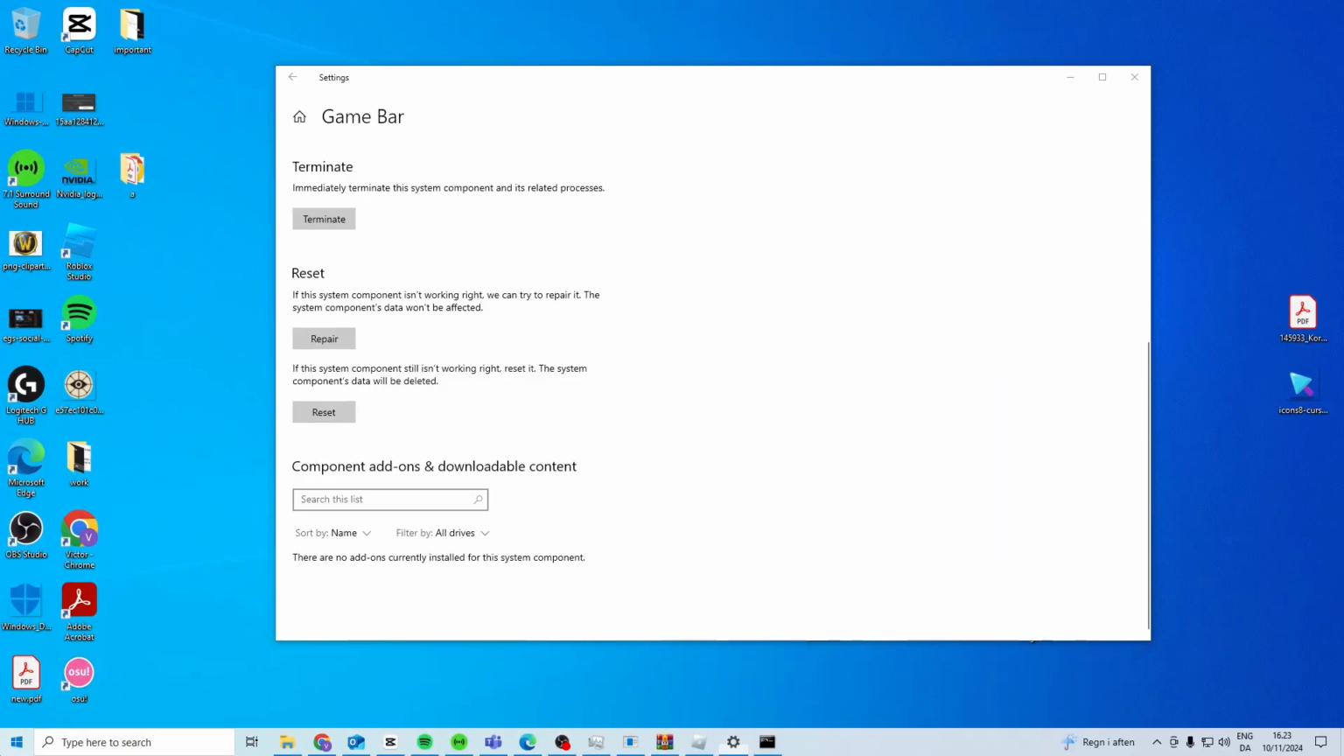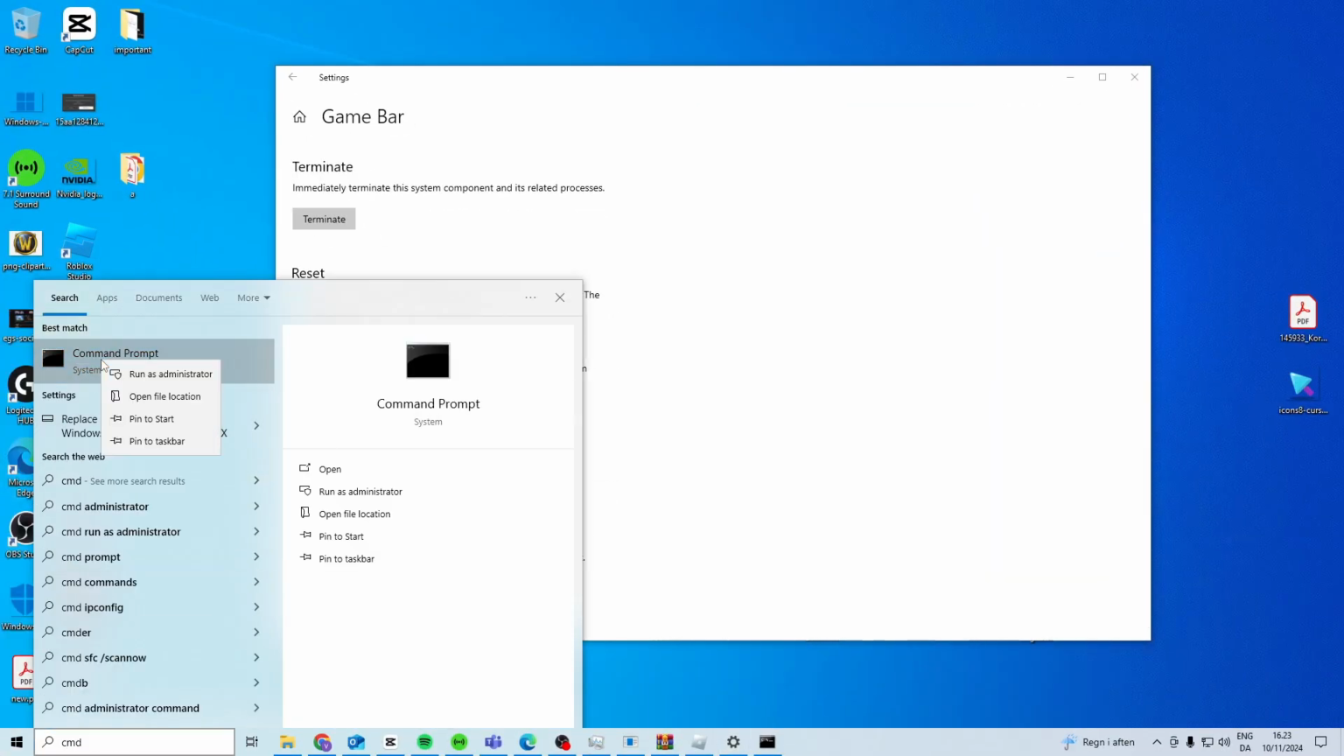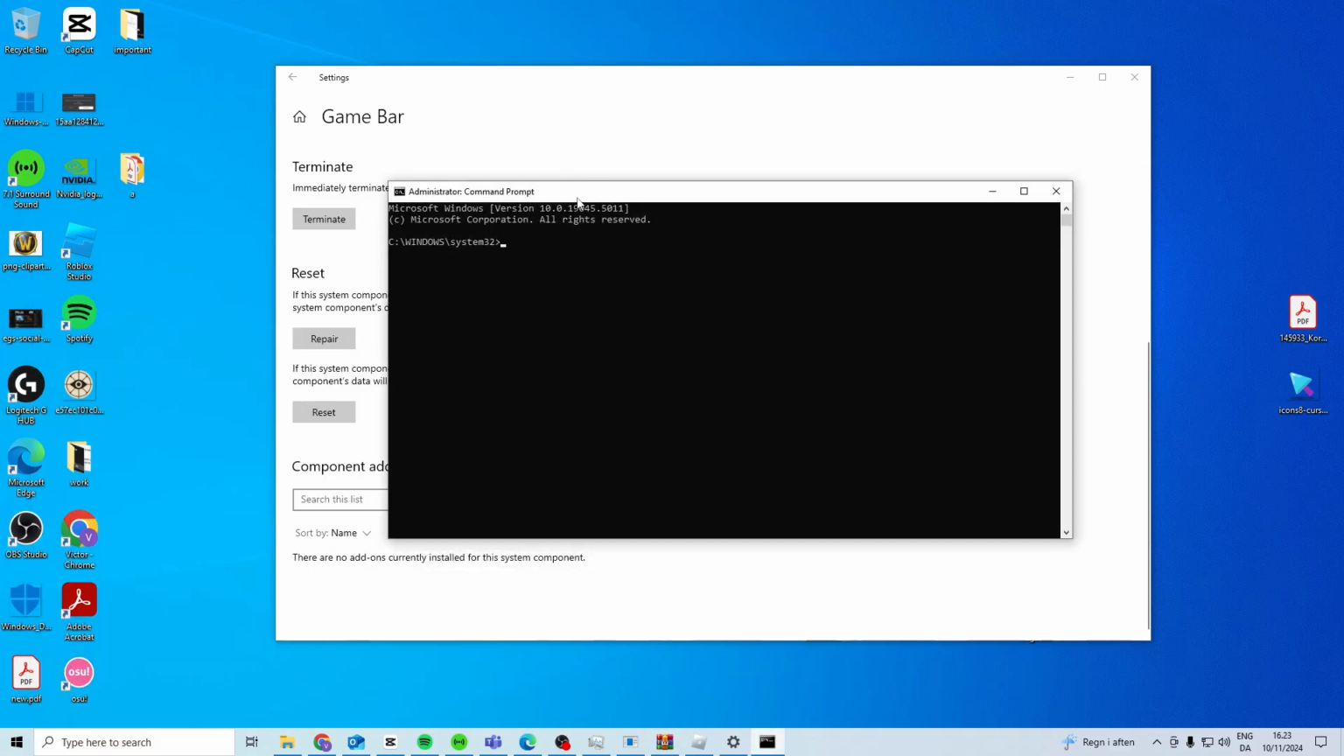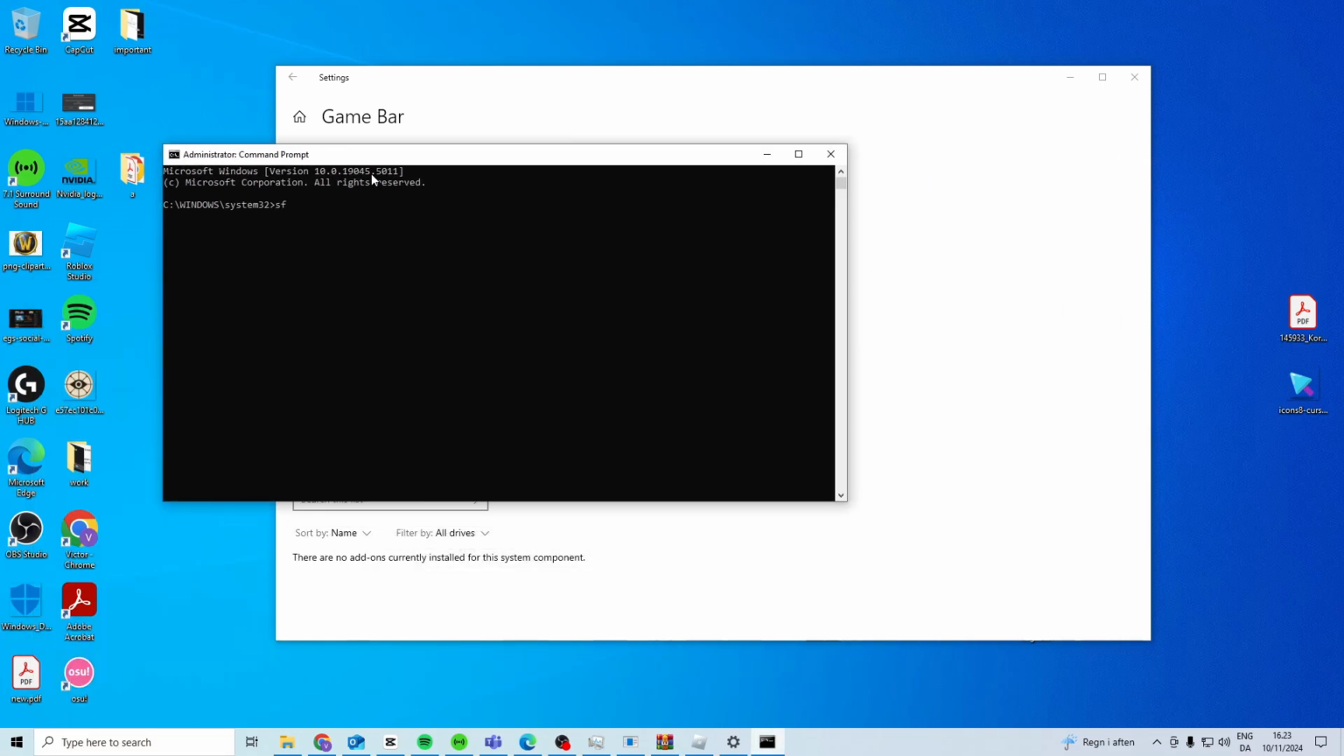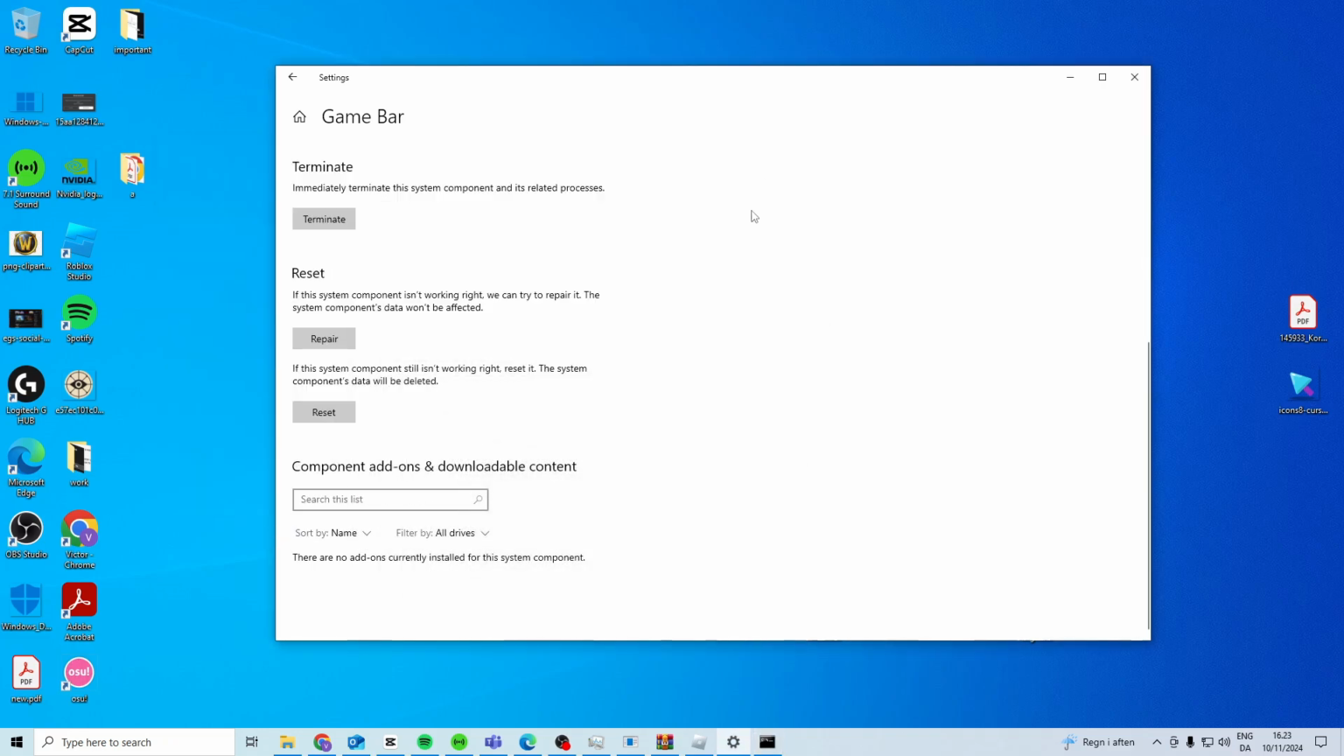After you've done that, you want to come down here and search for CMD. Right click, run as an administrator, and in here what you want to type is sfc /scannow and press enter. Then you want to wait for this to scan your PC. It's gonna take a few minutes, and when it's at 100%, what you want to do is